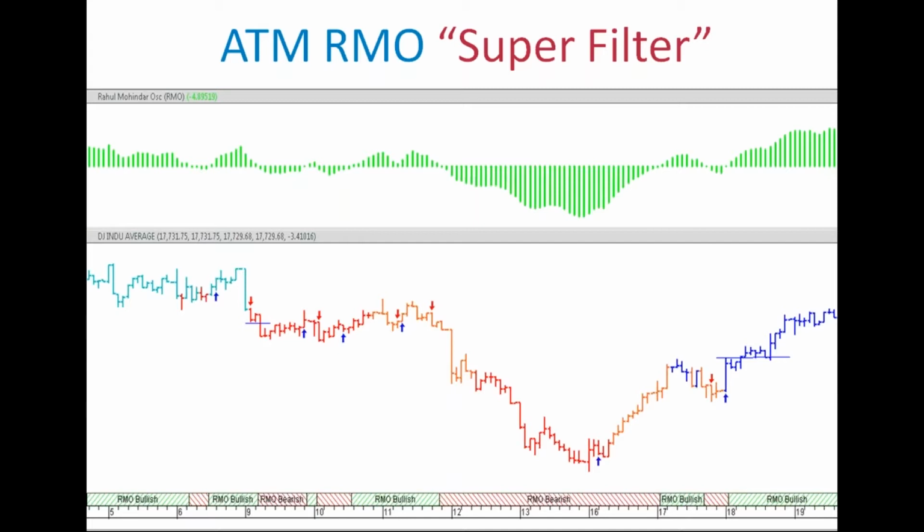So let me drive this in: the ATM 2.0 scores over the ATM that was originally there. The original ATM was great, but with the 2.0, it's just fascinating. We gave you 3 new strategies. We gave you the Power Screener application, and of course my favorite, the super filter, which I use so much. So what is the super filter? To simplify it all, I wanted to filter out the RMO signals, the inbuilt RMO. I needed to filter this out and make this adaptive.